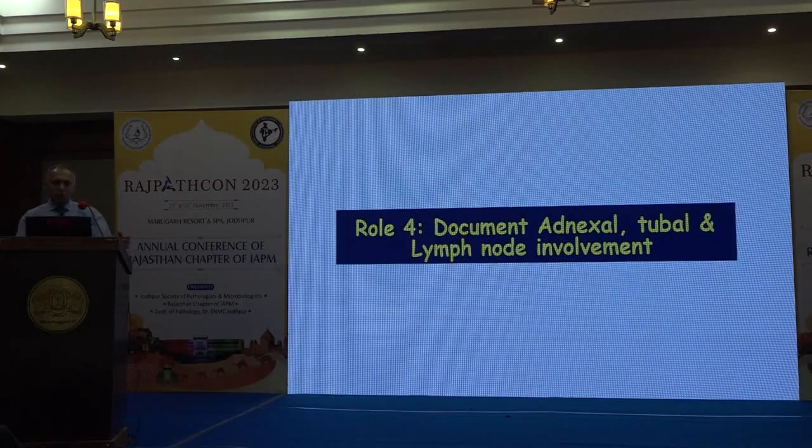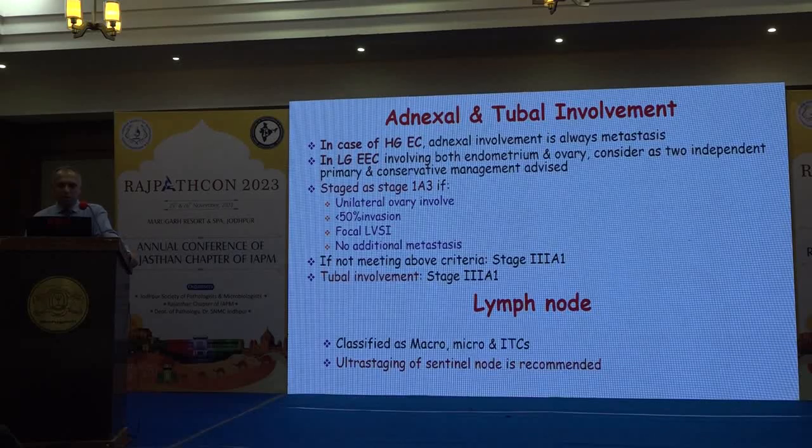The fourth rule is to document adnexal, tubal or lymph nodal involvement. So implications only I'll be talking about here. In case of high grade, I told you if there is any adnexal involvement, it is considered always metastasis. But in the FIGO 2023, what they have told is if there is a low grade endometrial adenocarcinoma without other risk factors like extensive LVSI or more than 50% myometrial invasion, then it can be considered as